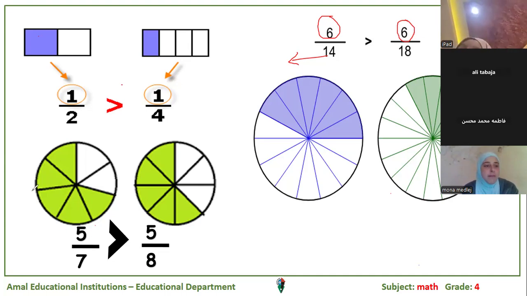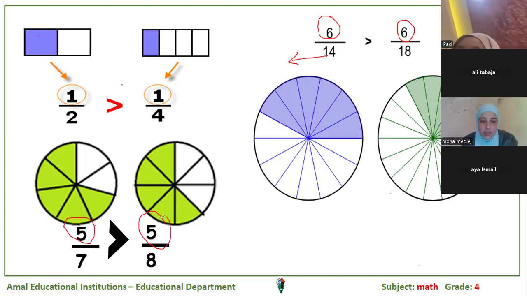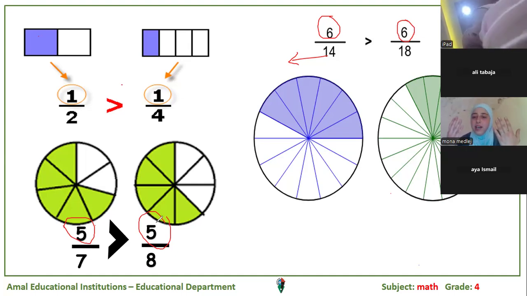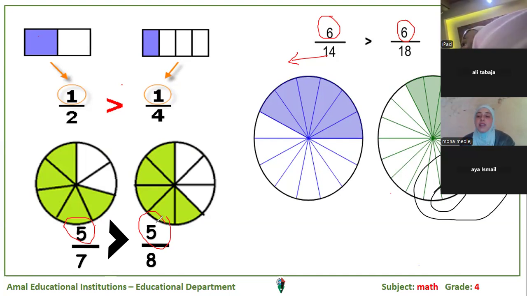Excellent. So here, look. Here we have the same numerators. So we take 5 parts in the first and in the second. In the first we take 5 parts and in the second we take also 5 parts. But the size of the pieces, if we divide into 7 equal parts, is bigger than if we divide into 8 equal parts. Do you understand? So we must choose